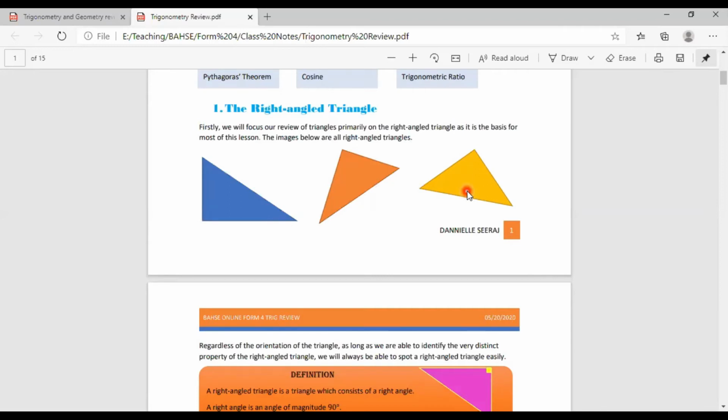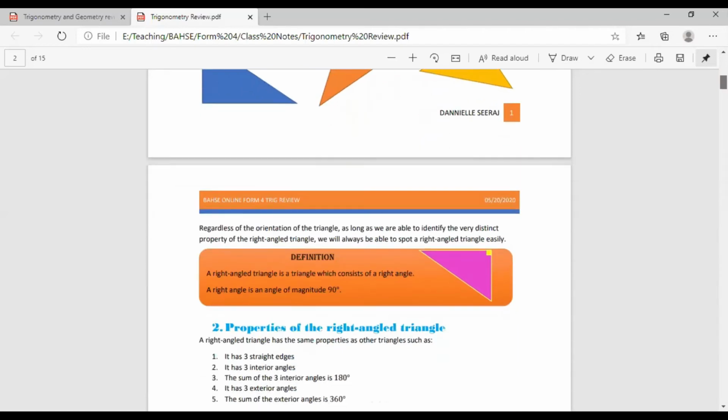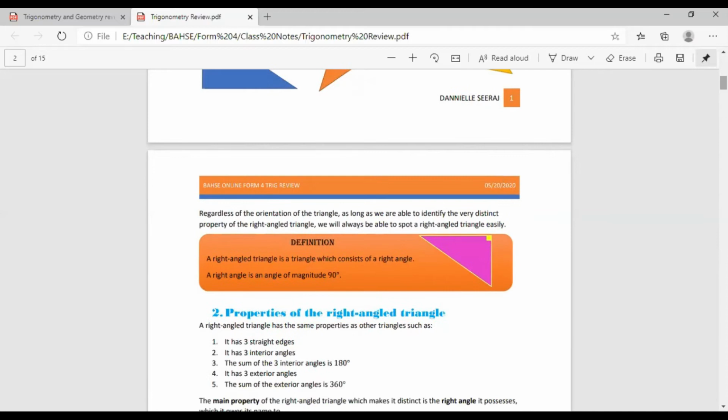which allows us to distinguish the right angle triangle from any random triangle that they may put in an exam. So for instance, when we talk about the right angle triangle, we need to know that the key thing that makes a right angle triangle is that it consists of a right angle. And we know that the right angle is an angle of magnitude 90 degrees. Alright? So once we notice that we have a right angle in this triangle, this tells us that this is